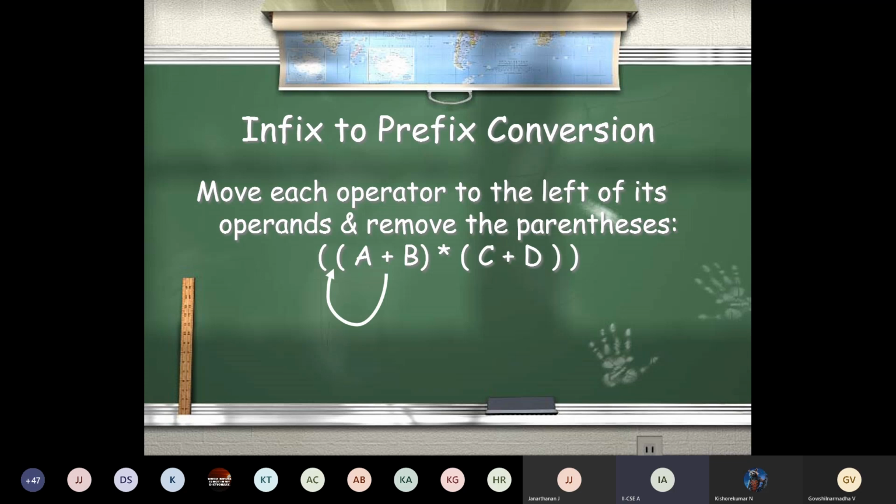So there are many rules in solving expressions. From your first year you have studied a hint, is it not? The PEDMAS rule, something like that. You choose the highest precedence operators to solve first. You take parenthesis as the highest, then multiplication, division, then addition, subtraction, then equal to, like that.